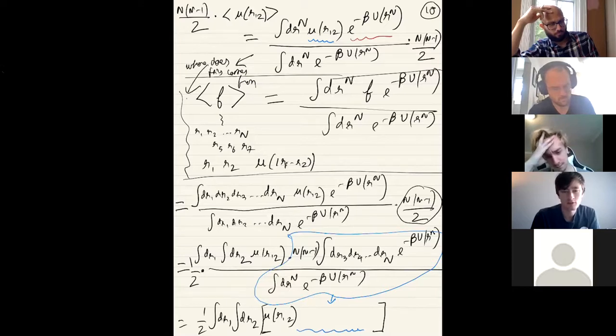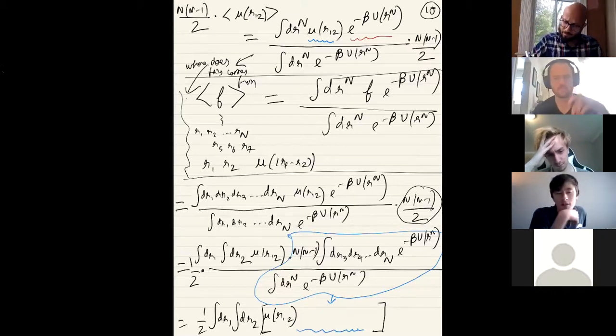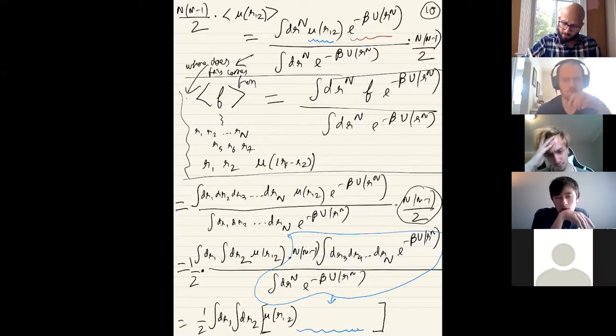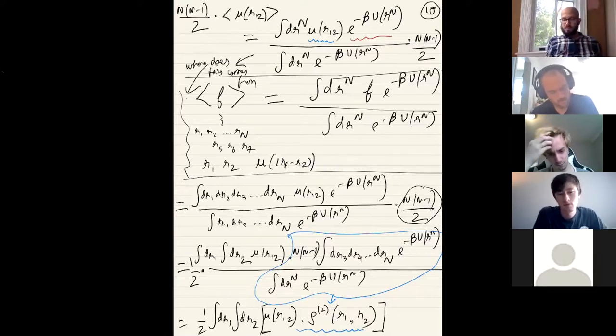Like g of r or something? Is it P or is it rho? Rho, okay. It's rho. Remember, it would have been P of R if we didn't have this n minus 1. It was the reduced distribution function, which accounts for any two particles. This is rho 2 of R1, R2. Suddenly the math became simpler. And there we are. This is the wonderful relation that I had showed you when, remember,